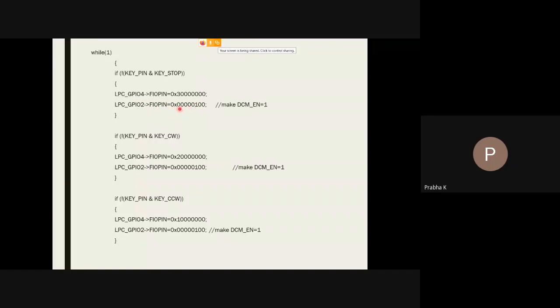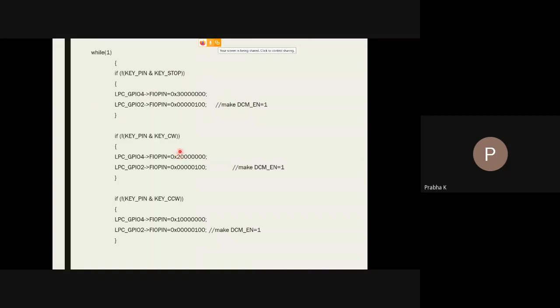I'm sending the data 0000100. What does the one represent here? This one represents that port 2, 8th pin is high, which enables your driver IC, indirectly enabling the motor. So this is the program to stop the motor.